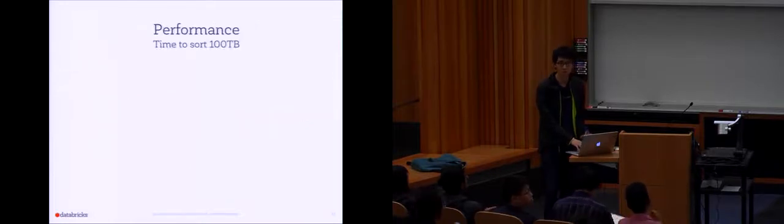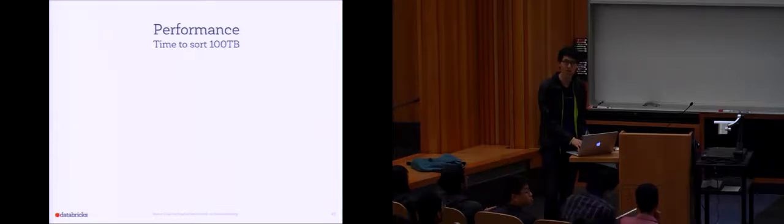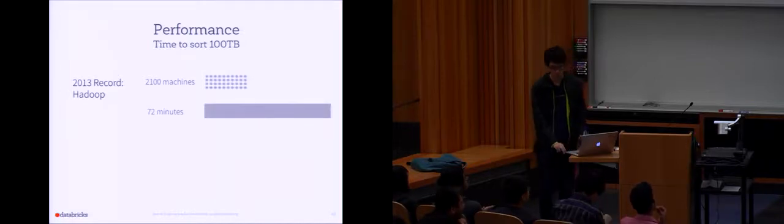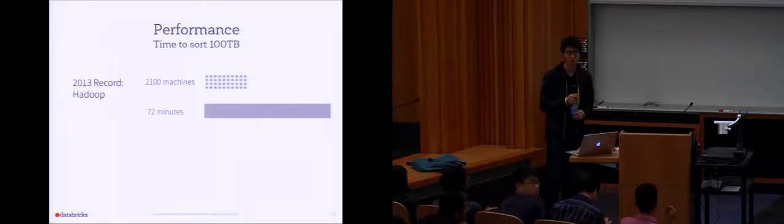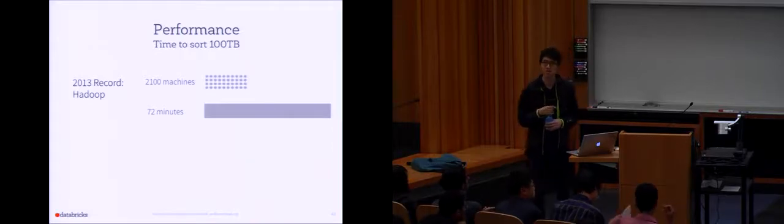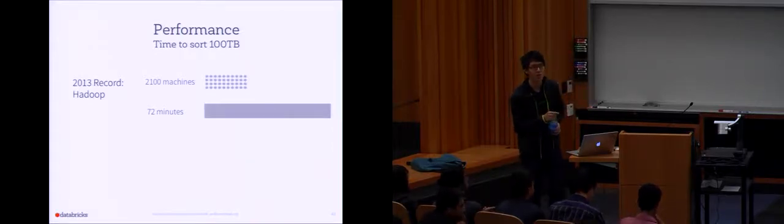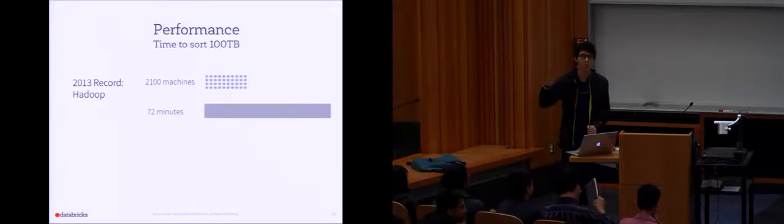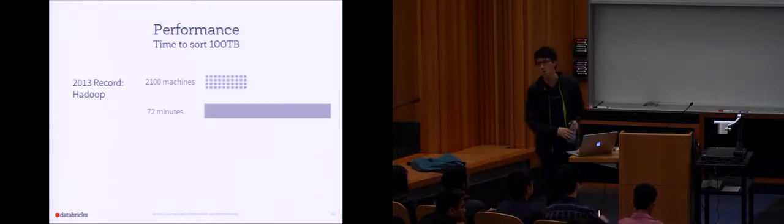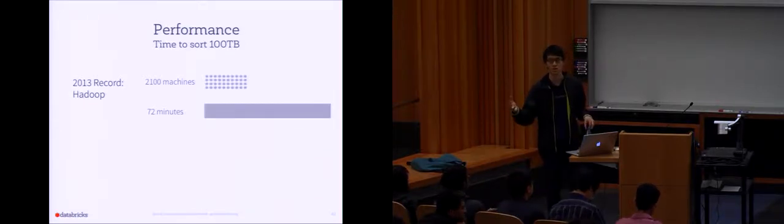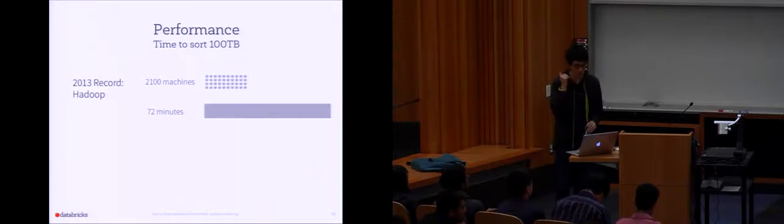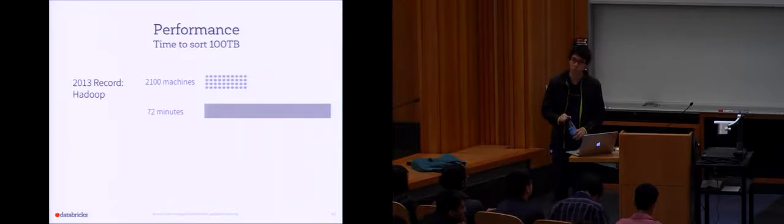The second part is performance. There are all kinds of numbers I could show from the past, but since I did this last year, it's pretty cool to show. There was this benchmark called the sort benchmark. It asks you to sort 100 terabytes of data in a reliable fashion, so this is assuming machines could go down. It doesn't matter how many machines you use or what you do. A lot of companies would build sort machines. They might build custom hardware or custom software to sort it. And it turned out the 2013 record, actually 2 years ago now, was set by Yahoo using Hadoop.